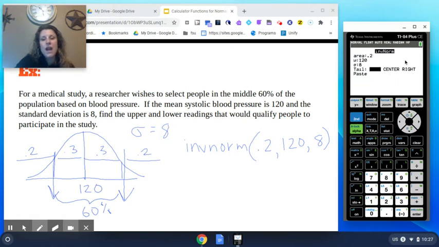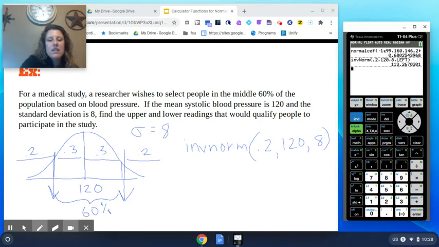Because if you do not have this menu, then you always want to use the area to the left. And click paste. Notice that it is entering exactly the way I entered it here, except for that word left. Again, if you do not have the menu, you just want to enter it like I have it on the screen. Okay, if we click enter,